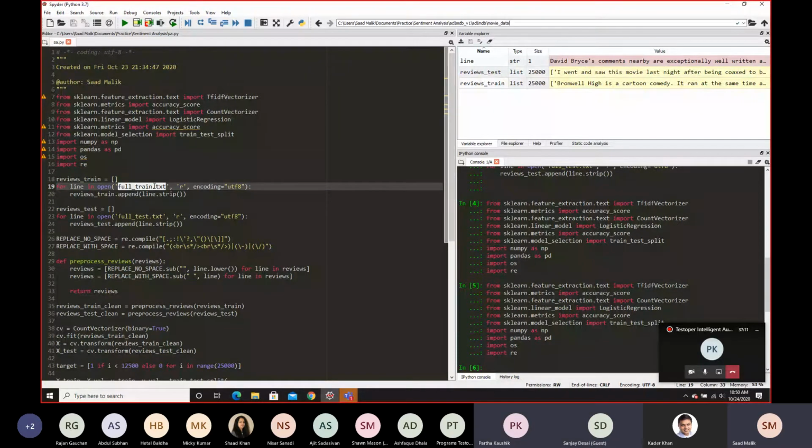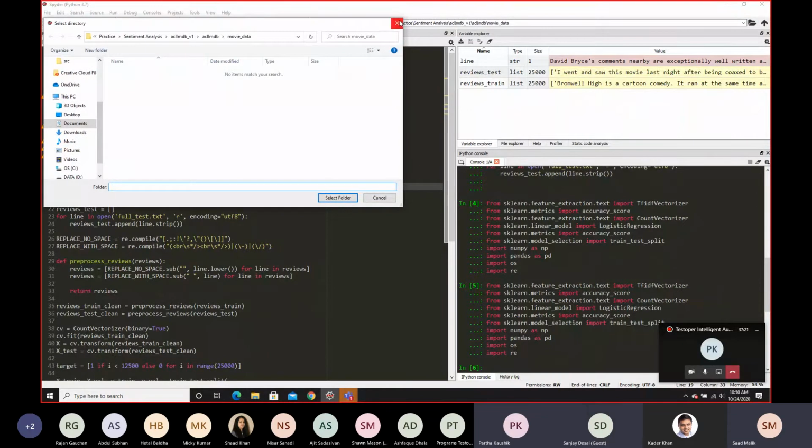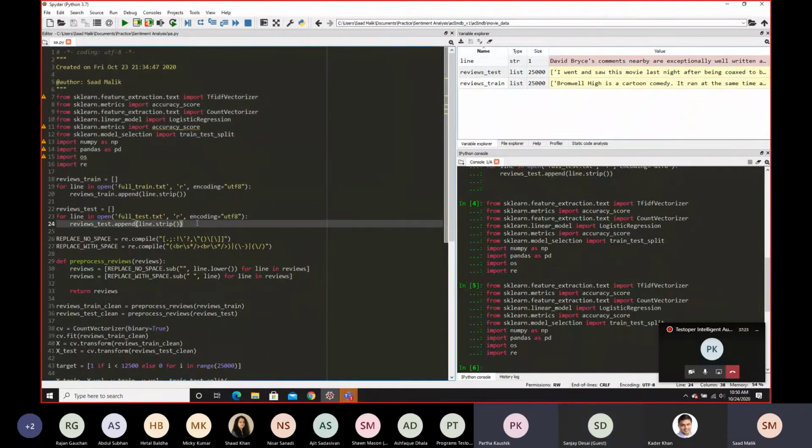Okay, so that is in a subdirectory. It's not in the main directory. So I have to change the pointer. Okay. Yeah, you can just get this pointing to the right directory then. Okay, so it's under movie_data. Just for clarification, on line number 19, I can specify a full path of this fulltrain? Yeah, you can. Okay. The only issue you might get if you do that is sometimes, I don't know if you're using Windows or Mac, but you might get some kind of error on the way the path is structured.